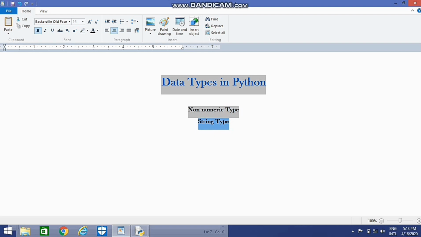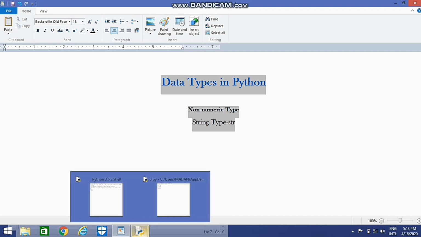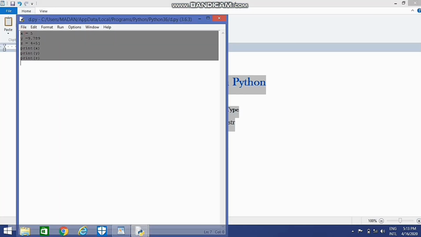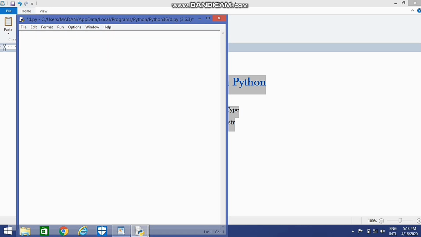Okay, so this is a string. In strings we have the str data type. Let us see an example of the str data type. That means we will take some strings and perform some operations. So now let us take some strings. Let me take, say, x is equal to Python. So this is our first string.